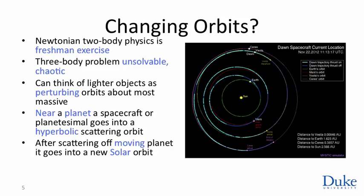And here is, for example, a demonstration. This is the trajectory of the Dawn craft, whose image is of Vesta, the asteroid we were looking at before. This was launched from Earth on one of those Hohmann transfer, those elliptical orbits we talked about, such that almost at the antipodal point, it was meeting up with Mars. And then it wasn't quite antipodal, it didn't go into Mars orbit, but as it zoomed past Mars, Mars accelerated it. And then, of course, as it passed Mars, Mars slowed it down. The net effect, though, because Mars is moving, is that it acquired some extra energy from the collision with Mars,